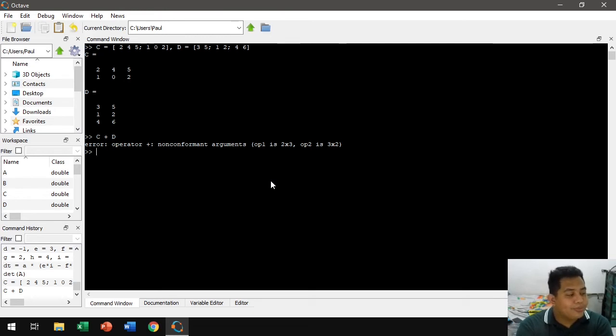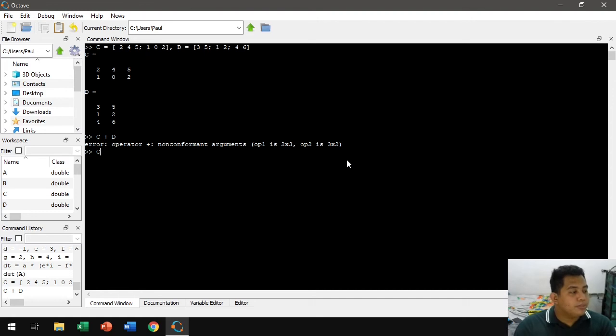This is the error that appears when you try to add matrices with different dimensions. It says operator plus non-conformant arguments, because operator 1 is 2x3, 2 rows, 3 columns, and operator 2, the other matrix, is the 3-row by 2-column matrix. So they're not of the same dimensions.